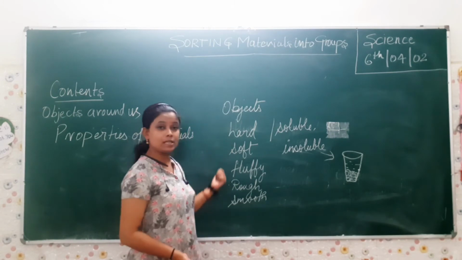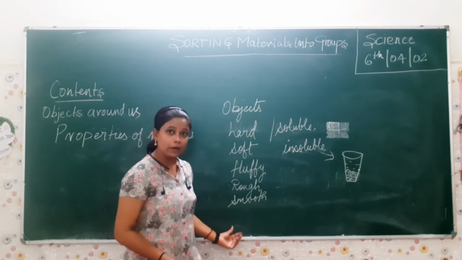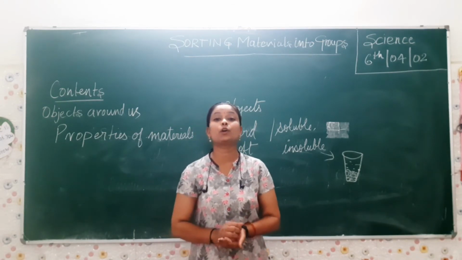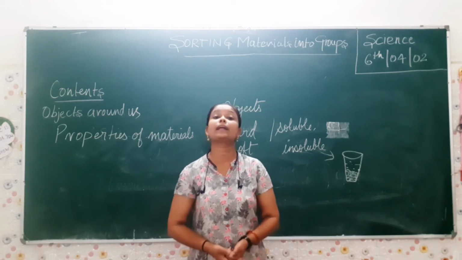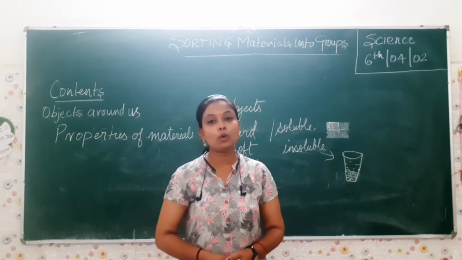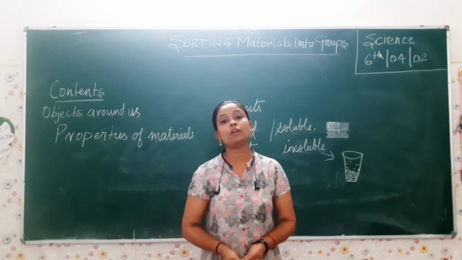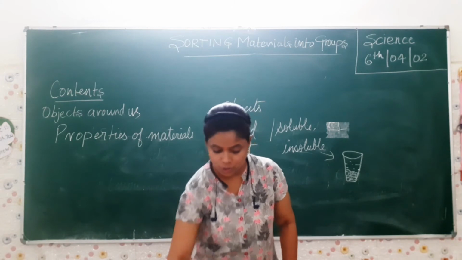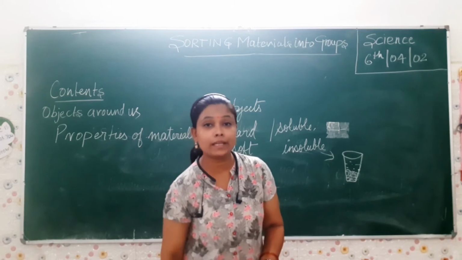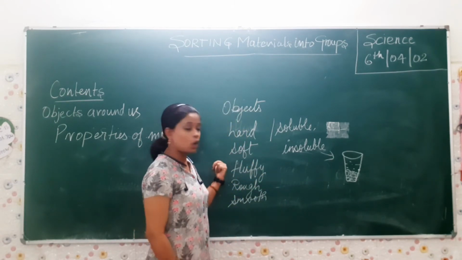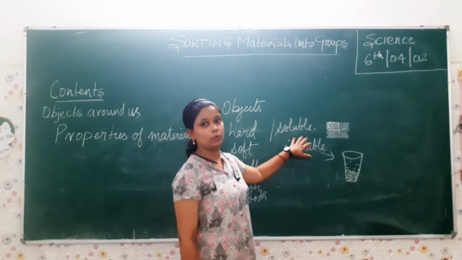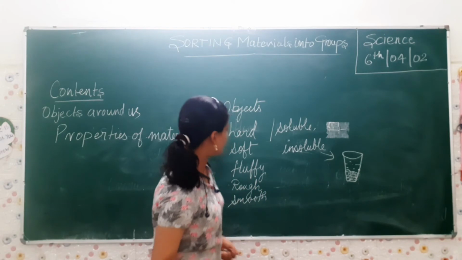I think all this part is clear to you now. As I have shown you the things, you have to try out the same thing at your home, but try to take some other examples. These are the examples, just feel them. First take these, but you have to try more. For what? For having a good knowledge. So by this, I hope you would have understood the different types of things like hard, soft, fluffy, rough, smooth, and how things are soluble. So what are the things which are called soluble?